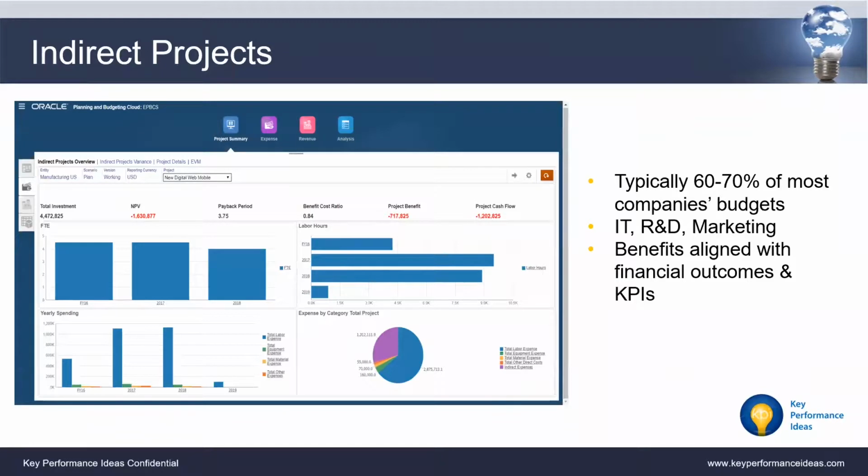Well, starting with indirect projects, they typically consume about 60 to 70% of most companies' budgets. And this is where you house efforts relating to IT, R&D, and marketing. So they definitely align with our financial outcomes and KPIs, although maybe they don't impact revenue directly. So if we take this example on the left-hand side, new digital web mobile, or the creation of a new